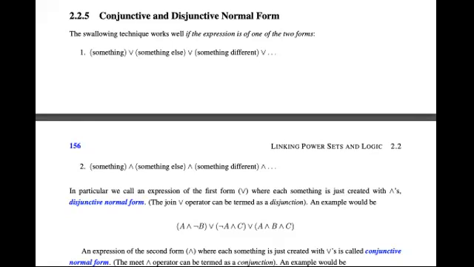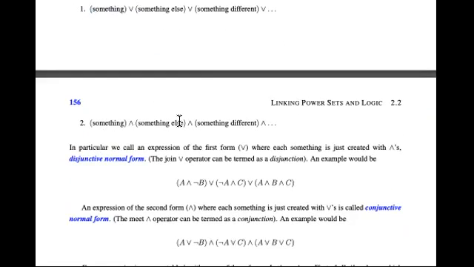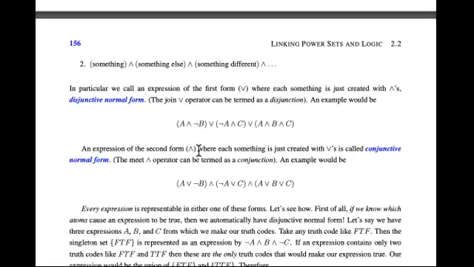So, if we have a Boolean algebraic expression, something that you can write in terms of ands and ors with a's and b's and other things like that, it'd be nice if the form is like this: something union something union something. So we just see it as a union of a lot of things, or something intersect something else, intersect something different, and so forth. In particular,